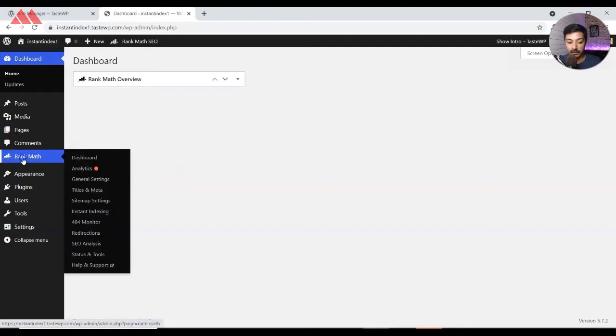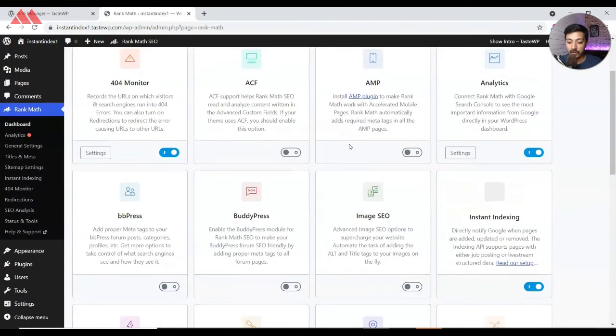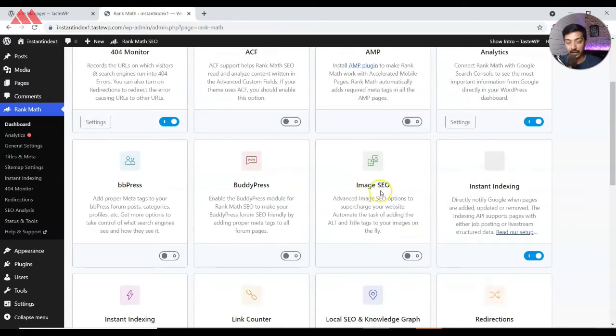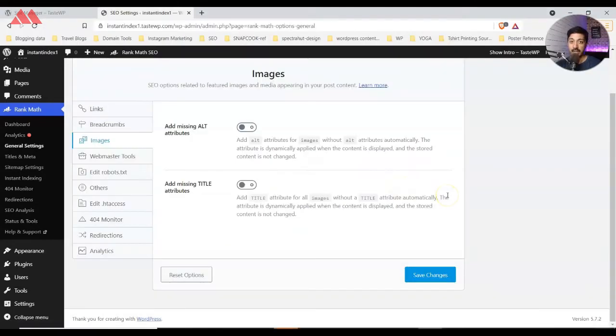So we go to Rank Math from here. In our dashboard, we have an option for image SEO here. So we need to make sure that we turn this on so that we can do all the settings related to image SEO. And now we will go to settings from here. So as we are using the free version of Rank Math SEO plugin for image optimization, we get these two options.